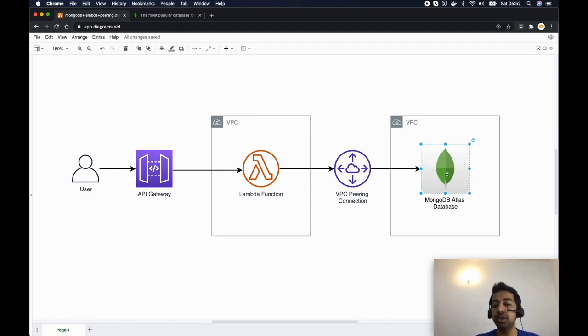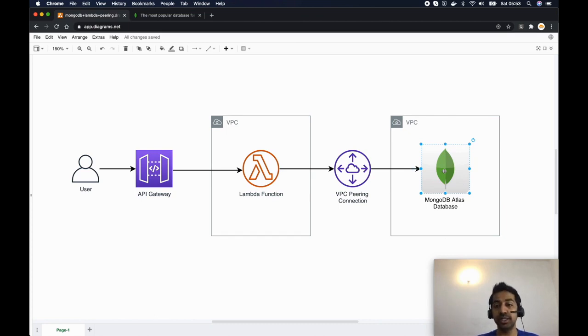Now in MongoDB Atlas, when we create a database, we can choose on what platform this database should run. We can either choose AWS, Azure, GCP or so. Now let's imagine we chose AWS to host our MongoDB cluster. So in that case, MongoDB will create a VPC and then it will create all the resources in that VPC and it will manage it for us really.